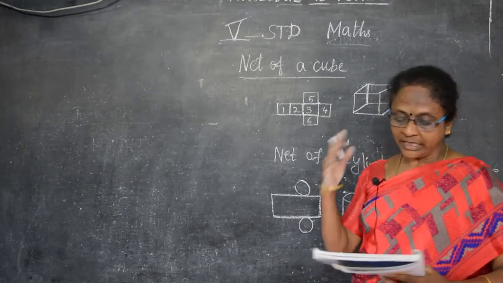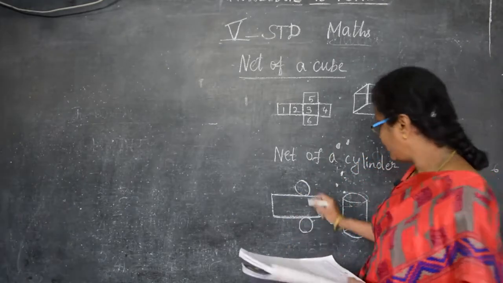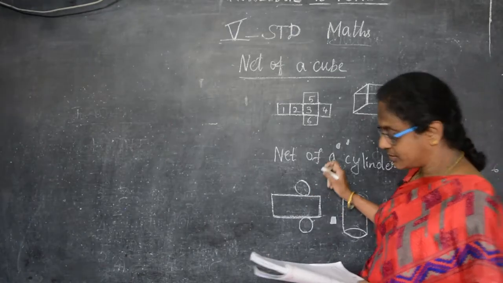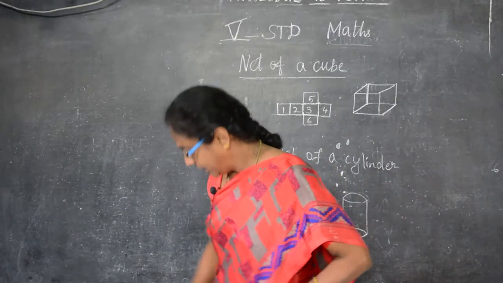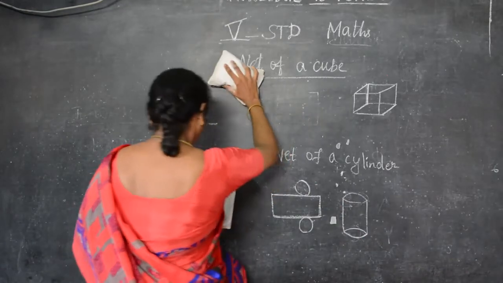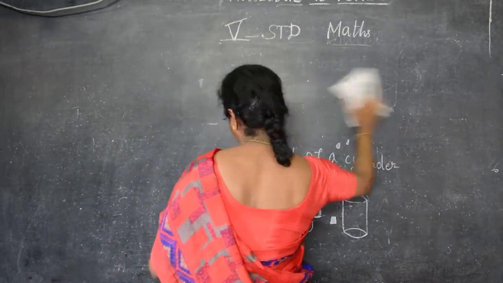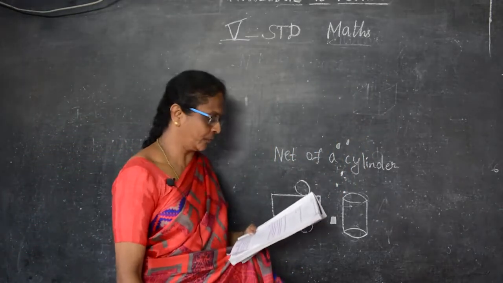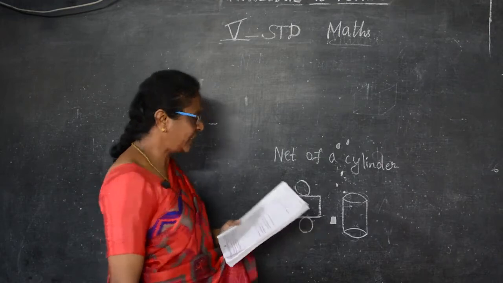This will become the boundary line of the circle at the top and at the bottom also. Okay children, so the length of the rectangle forms the boundary line and both of them are equal in length. So the length of the rectangle forms the boundary of the circle and both of them are equal in length. Now the net of your cone.